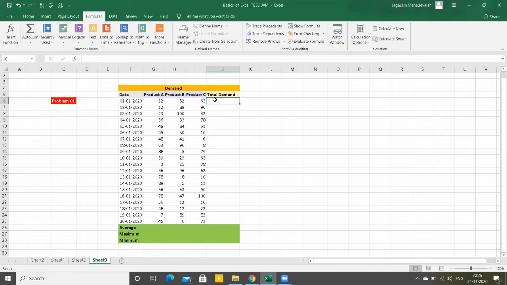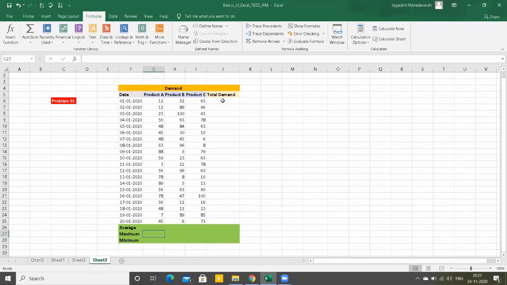So you need to calculate the total demand of all the 3 products, and take the average of product A, product B, and product C, and the total demand for each day, from 1st January to 20th January. And then you also need to calculate the maximum demand. When is that maximum demand?